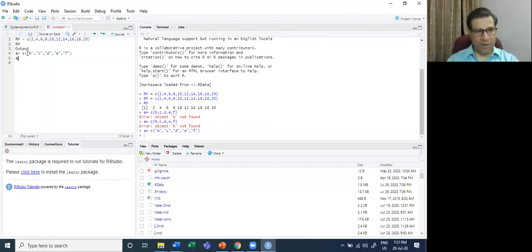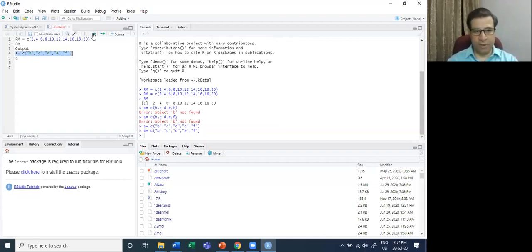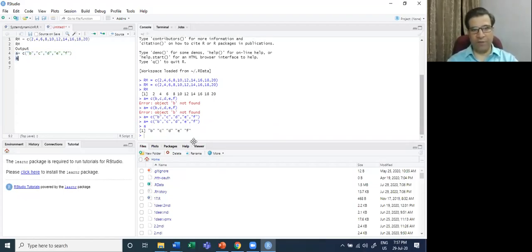So I'm calling the vector A. The moment I call the vector A, you will find the vector has been called. So I select it, I run this. This is the vector, and I'm now calling the vector A by running this. So you will have this vector. Is this okay?